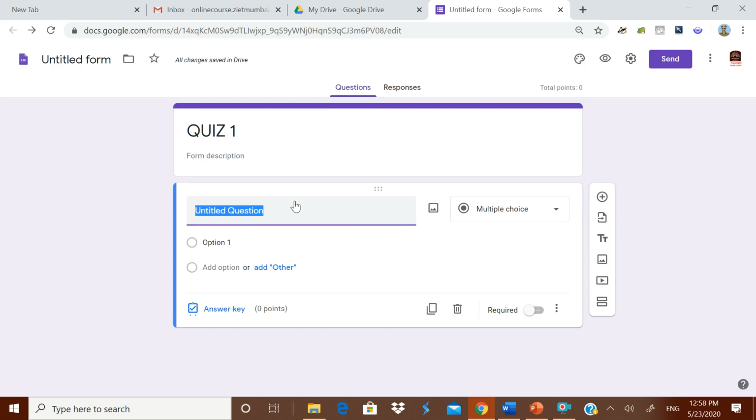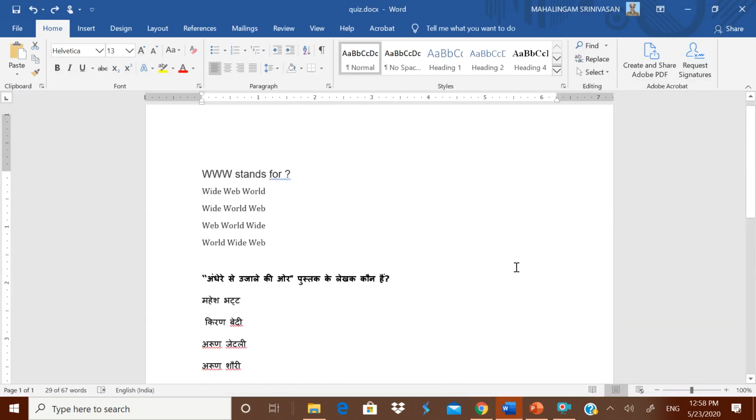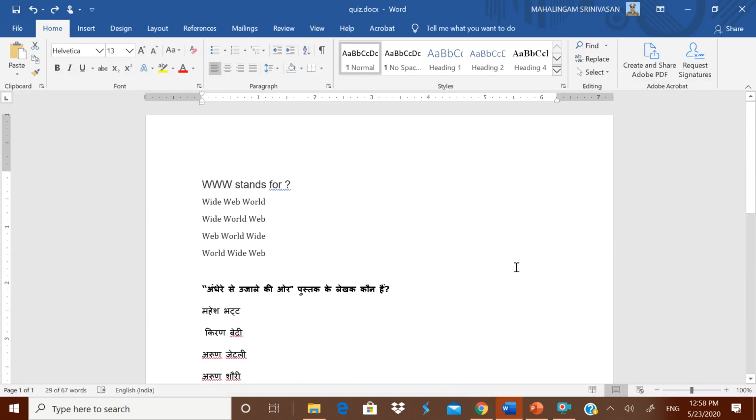Now I am going to type the question. For that, the better way is to type the question in MS Word earlier and then simply copy and paste it to avoid wastage of time. I am doing it. But for maths, it will be a little bit difficult because in mathematics in Word we use the equation editor to type the equations, but that will never get pasted in Google Forms because Google Forms uses some other format which is called LaTeX. You have to use LaTeX to type it, but I think it needs practice for you. Therefore for the others it will be very easy. For mathematics people it may be a little bit difficult.